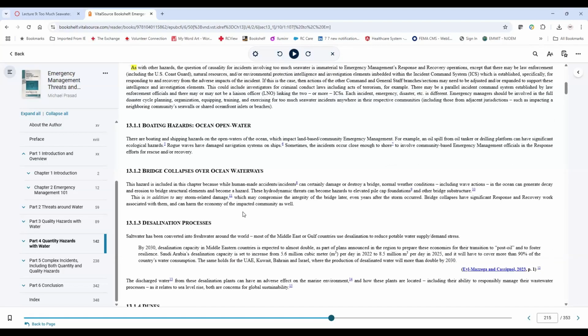Then we have, alphabetically again, desalination. Folks have been converting seawater, salt water, into potable drinking water for many years.